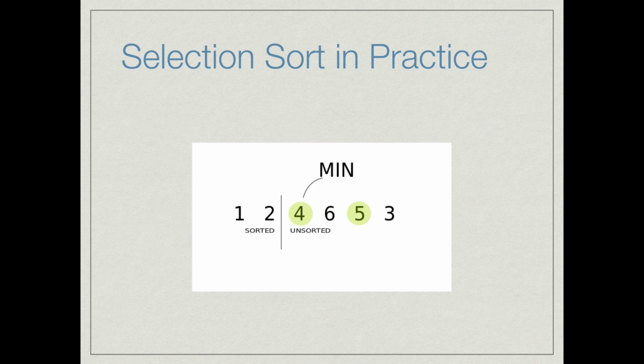So everything to the left of the unsorted item is obviously sorted, and everything to the right, we move through subsequent iterations, find the next smallest value, which is labeled by the little swooping line thing and the label min, and then min and the first unsorted get swapped, and we move on